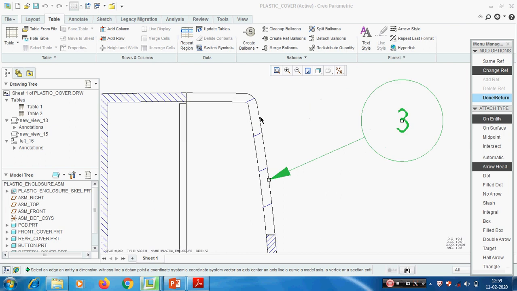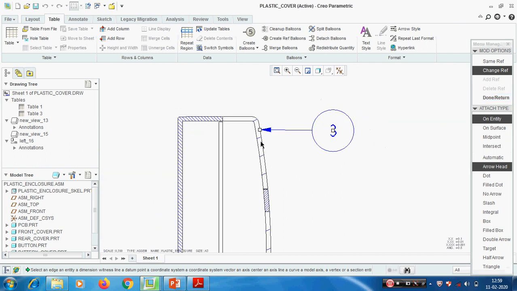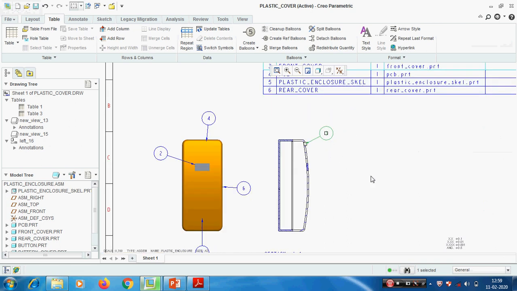We have to select the entity like that. Sometimes we need filled dot. If you want to show on surface, we can select these things. Try yourself. 3. Then